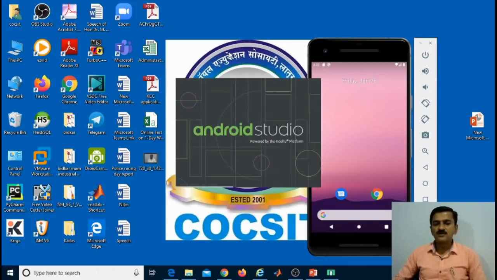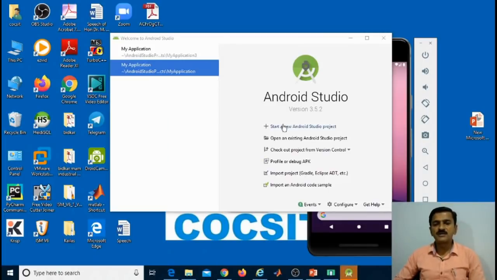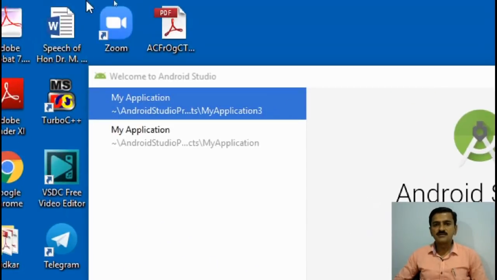If you are starting Android Studio for the first time, one particular screen will appear in front of you. This is the screen you will get.